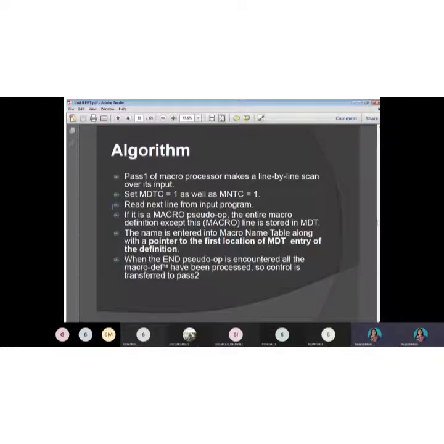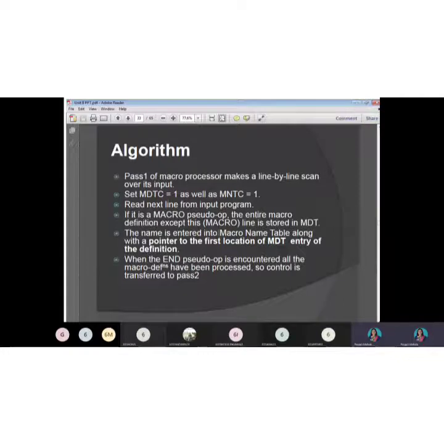Step 3 is read the next line from the input source program. Then if it is the macro pseudo opcode, the entire macro definition is stored in the table. Where we find a macro definition in the program, all the lines following the macro are stored in the MDT table.